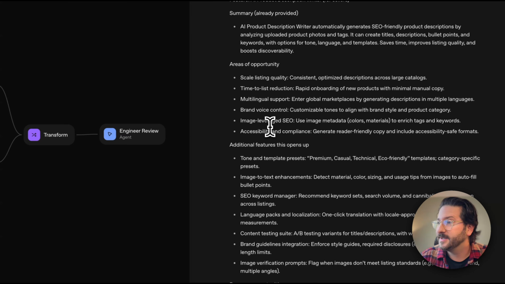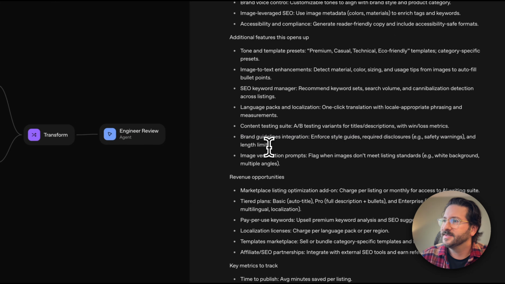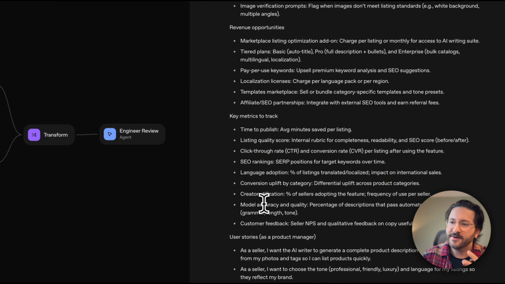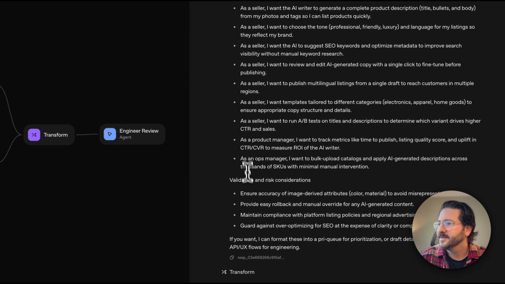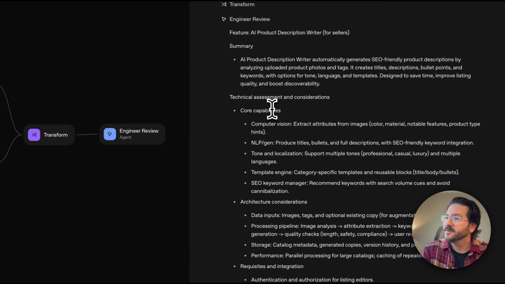The areas of opportunity, these are things that I asked for in this. Additional features that this type of new feature could open up to us, revenue opportunities, key metrics to track, all things that would be good for a product manager to know. Then it gets into user stories related to the project, validation and risk considerations, and then the engineering review, which